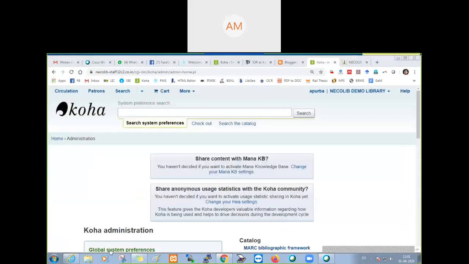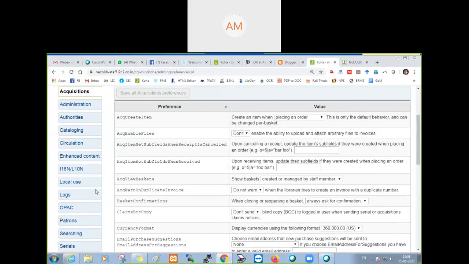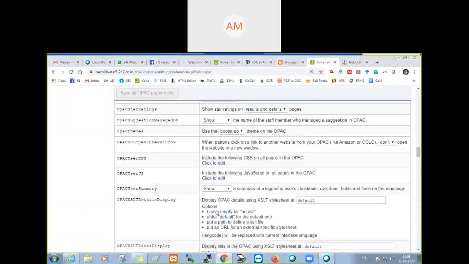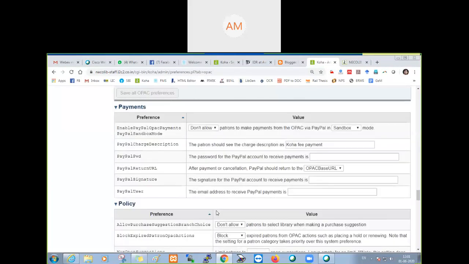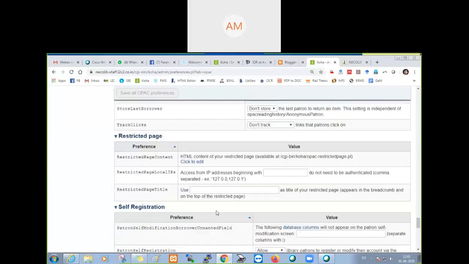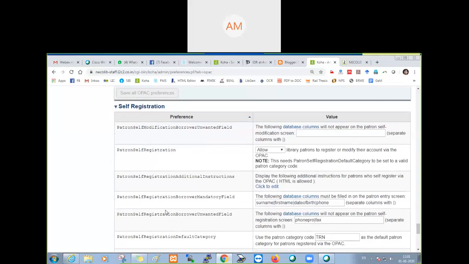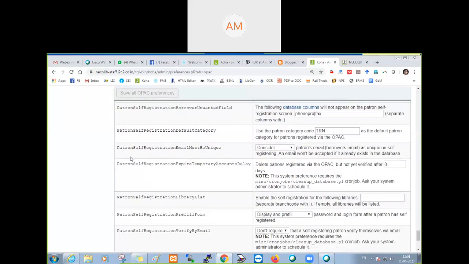We went to global system preferences, just write it down. We went to OPAC. We went to self-registration. Then we went to patron self-registration email must be unique. There is no space in between. We made it consider.